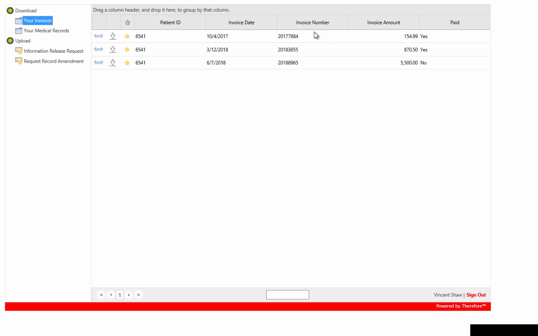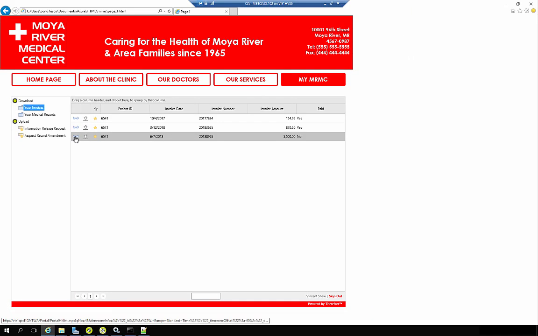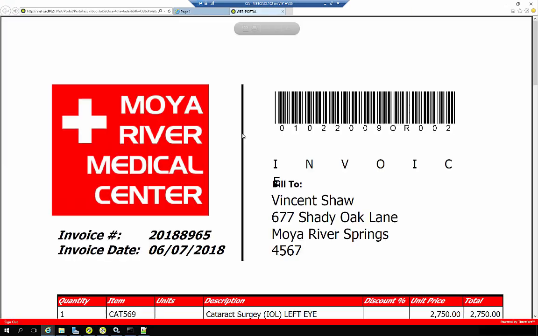So anyway, I can see here I have some invoices. I can see the invoice date, the number, the amount, and I can also see if it's paid or not. So unfortunately for me, I have one invoice of a very high amount that's not paid. So I can take a look at this one,